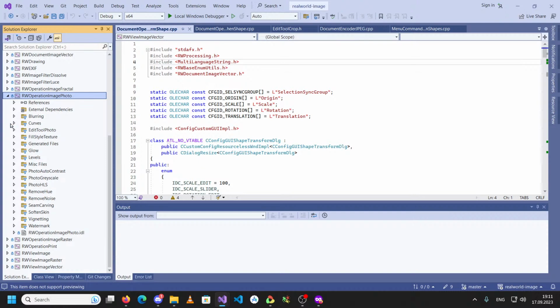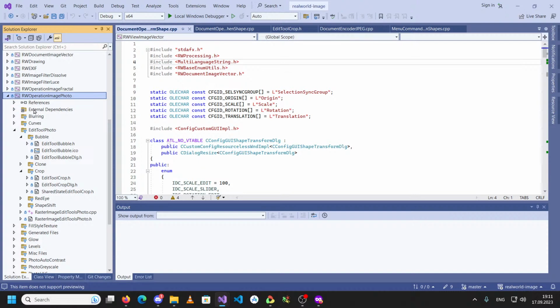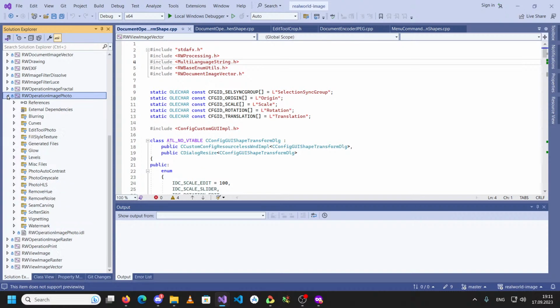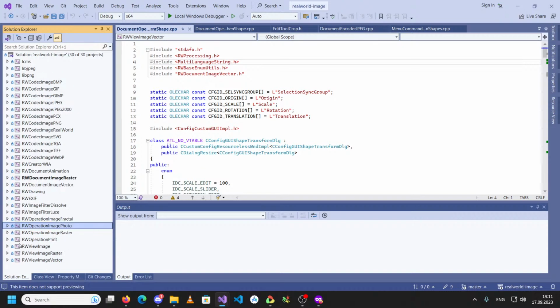And there are also some drawing tools inside here, like we saw in the RW drawing here. So here is a bubble tool, and the cloning stamp, a tool for cropping, removing of red eye, and this is the shapeshifter tool. So then we have